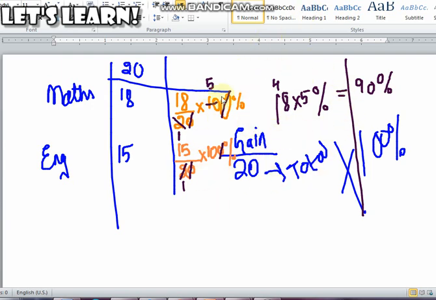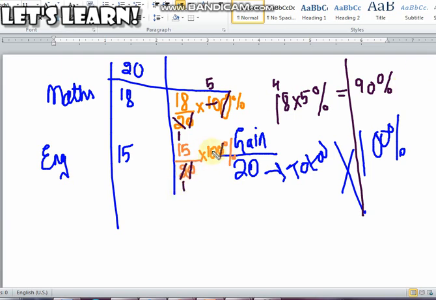So we were looking at how to calculate percentages from the quantity given to us. We had just changed the marks of maths into a percentage, and now we will be changing the marks of English into a percentage. If you see over here, we have cut the zeros out, and now we are cutting 2 and